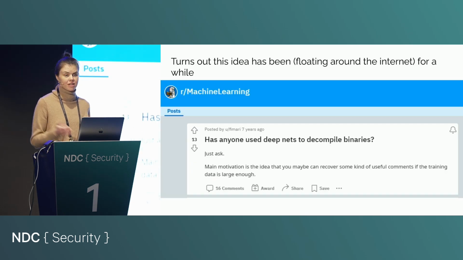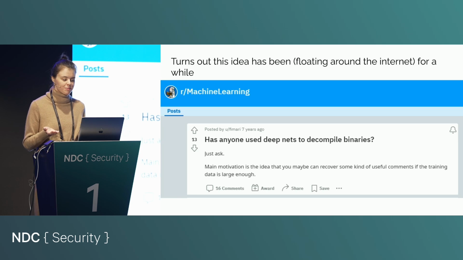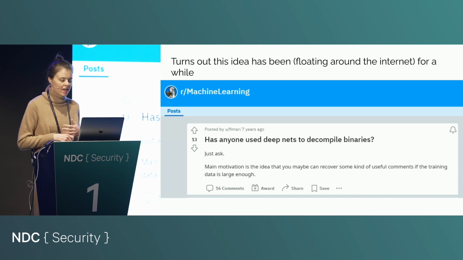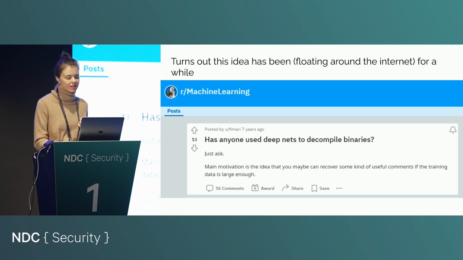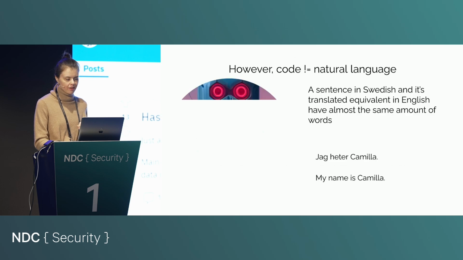So that's how I got interested in this problem and trying to understand if this is even possible. And I'm actually not the first one to ask. This question has been floating around the internet, or if you consider Reddit internet, for at least 7 years. And the idea of being able to automatically generate decompilers goes way back to the 90s, at least. That's where some of the early research papers were trying to do this. They weren't using neural machine translation techniques or machine learning at all. They were just trying to see if it would be somehow possible to take a compiler and make a reverse software out of it, but without using machine learning. Anyway, this is not a new idea by any means. It's been floating around various places for a while.